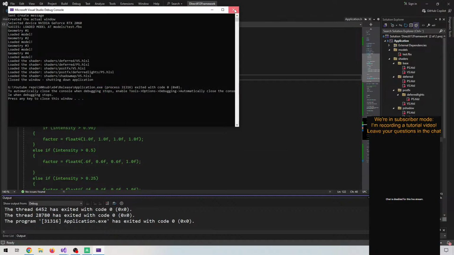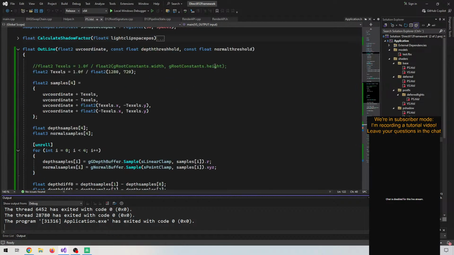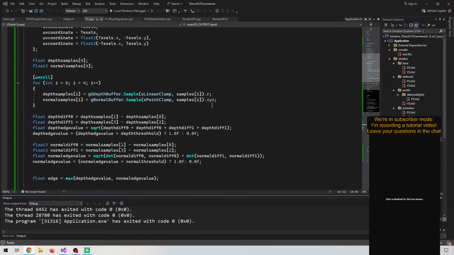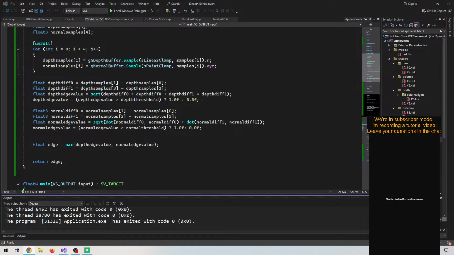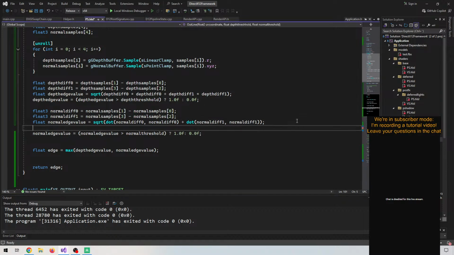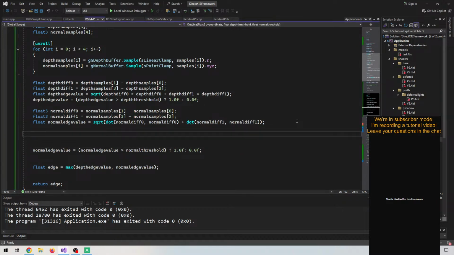And maybe we want something that scales relatively to the data itself. So let's play around with this. Okay. So let's do a normal threshold,